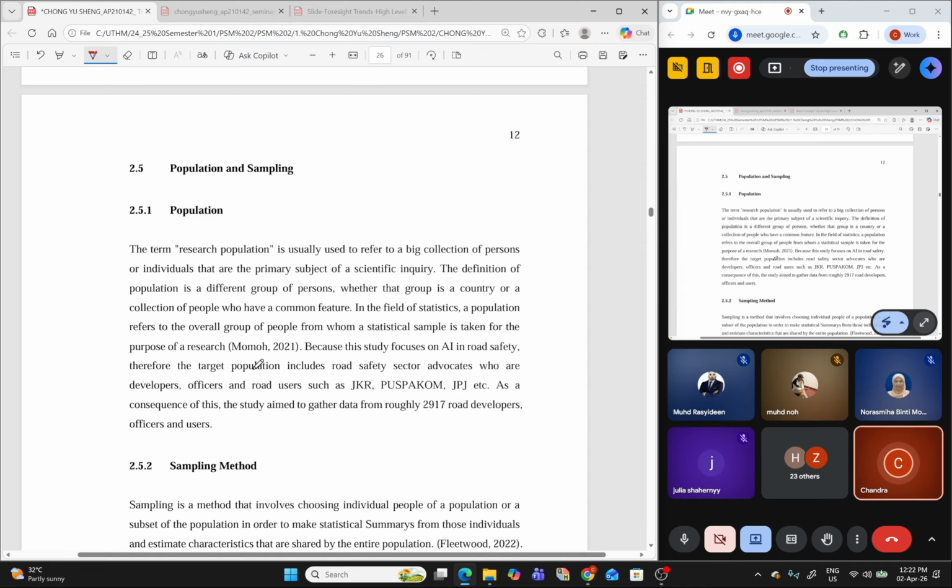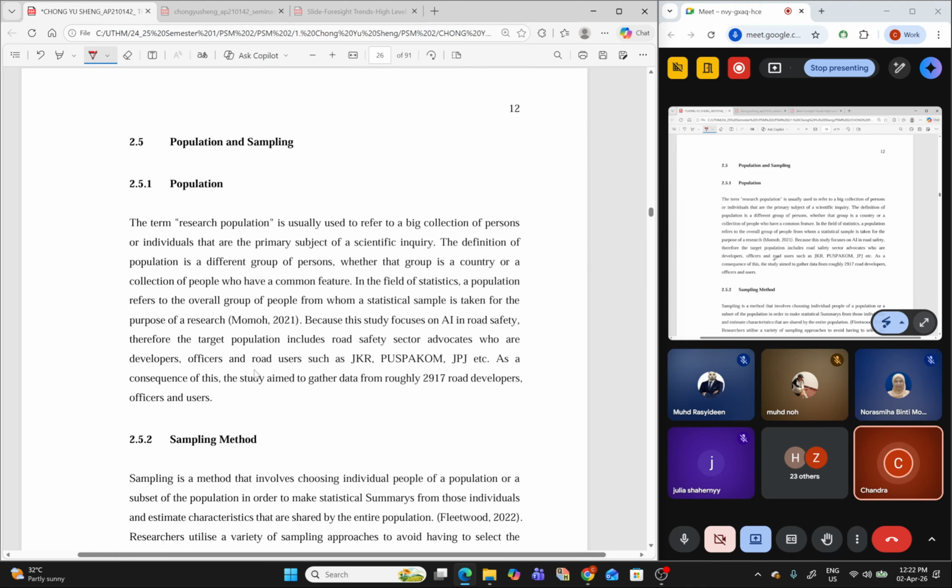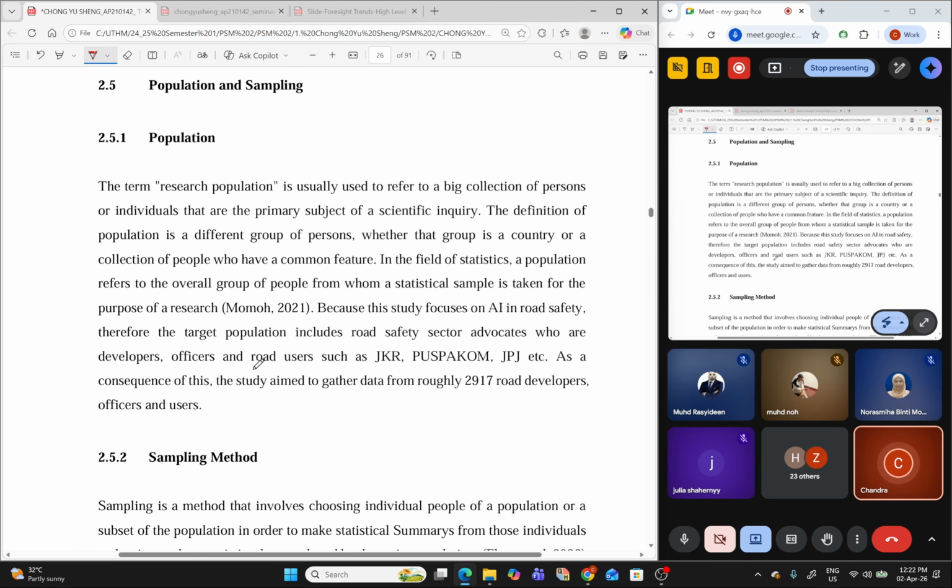After that, population and sampling. For population and sampling, for example, the population is all stakeholders, all those parties who are responsible for your topic. Here the study focuses on AI road safety.